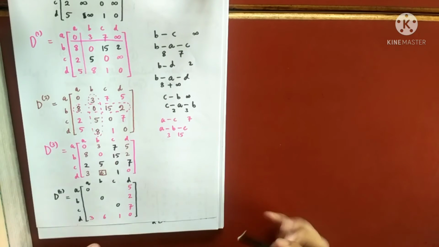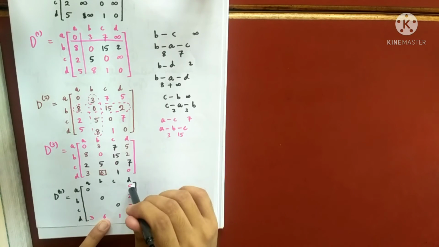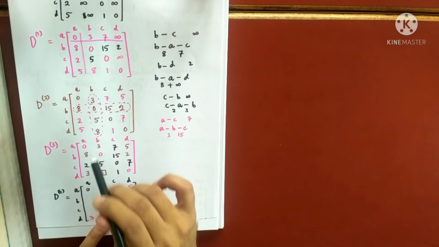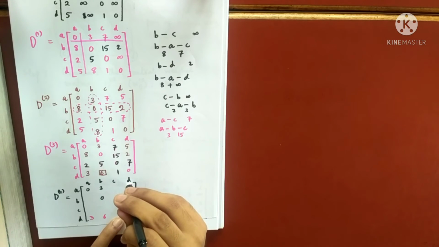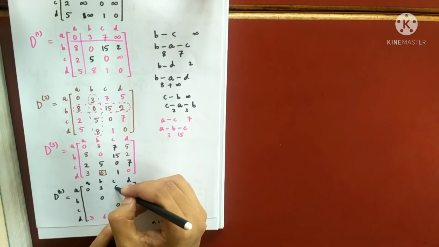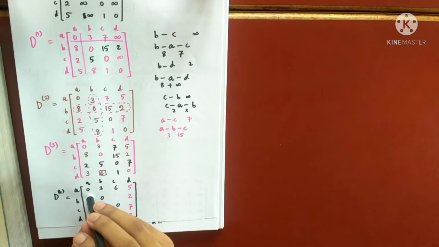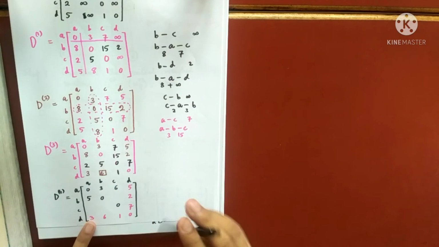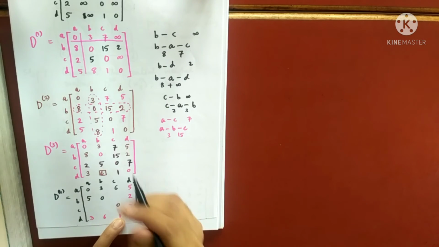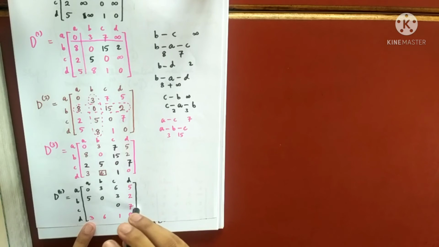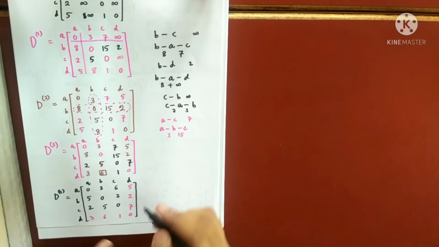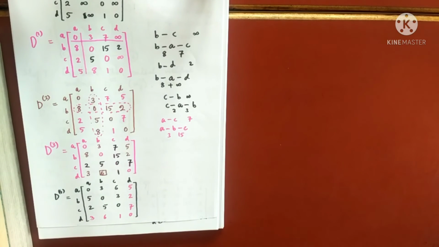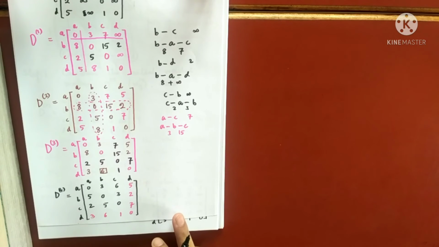Okay, now let's do it. So this is the sum of 5 and 6. Sum of 5 and 6 is 11. Initially it was 3. No need to change. Sum of 5 and 1 is 6. Initially it was 7. We will change it. 2 plus 3 is 5. Initially it was 8. We will change it. 3. Initially it was 15. We will change it. 10. No need to change. 13. No need to change. This is your matrix that gives you the shortest path between any pair of vertices.